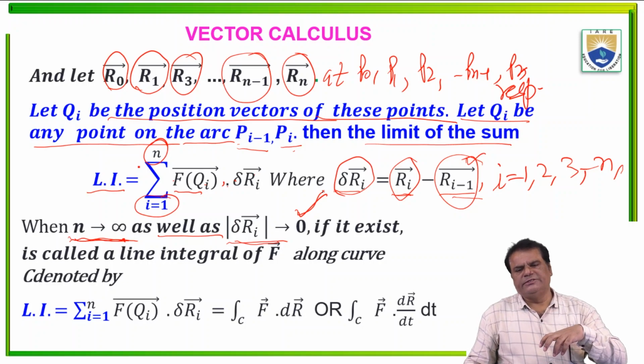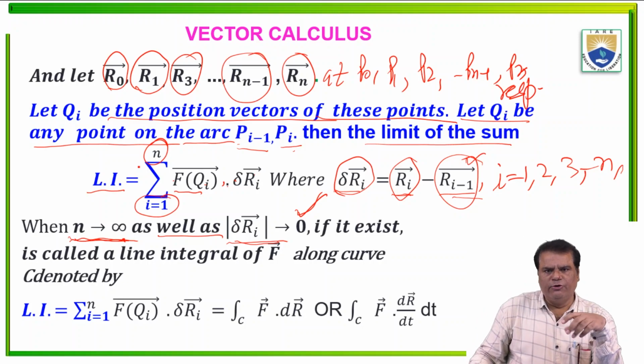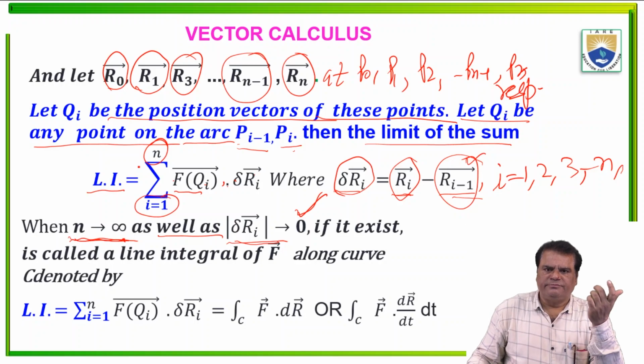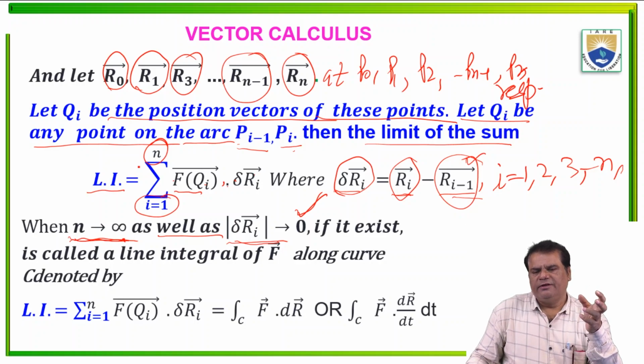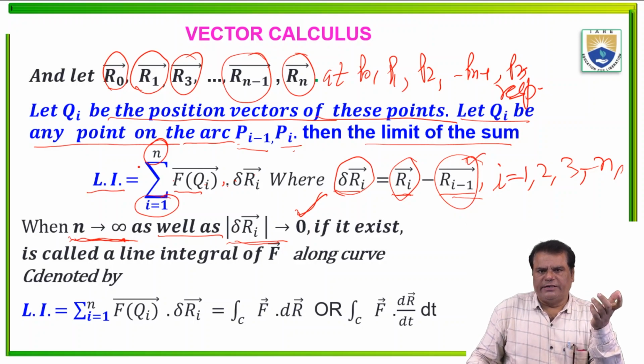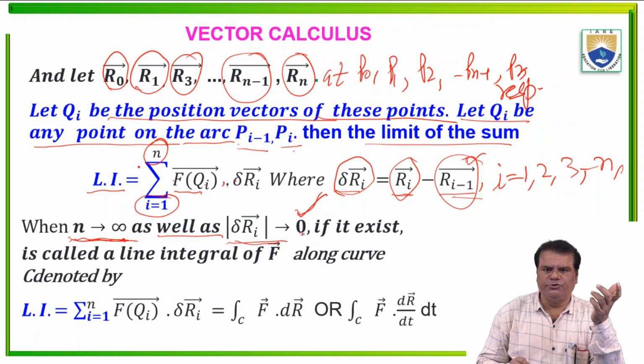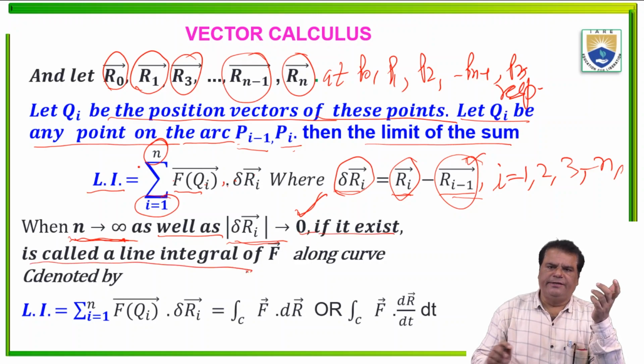Mod delta ri means the distance between two points. If this limit exists, it is called a line integral